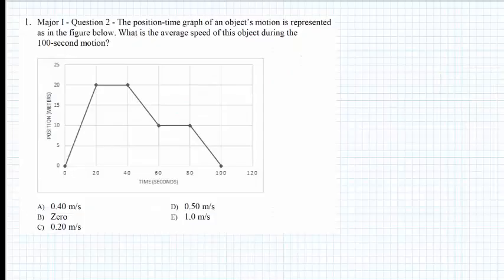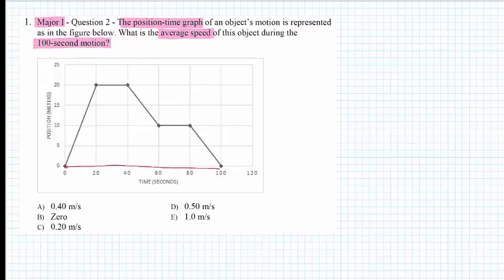Here in this problem, it was in measure 1. The position time graph. So this is a position time graph of an object's motion is represented as in the figure below. What is the average speed? So he's asking about the average speed of the object during the 100-second motion. So the 100 seconds is this period from 0 to 100. So now what is the average